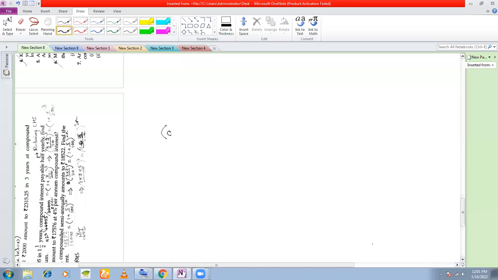The reason is that there is something called the binomial theorem: a plus x to the power of n. You have done a plus b whole square, right? What is the formula? a square plus 2ab plus b square, isn't it? You will learn this later in class 11. If you have a plus b to the power of, let's say, 49, how will you expand this? There is a certain rule called the binomial theorem with which we can expand this.